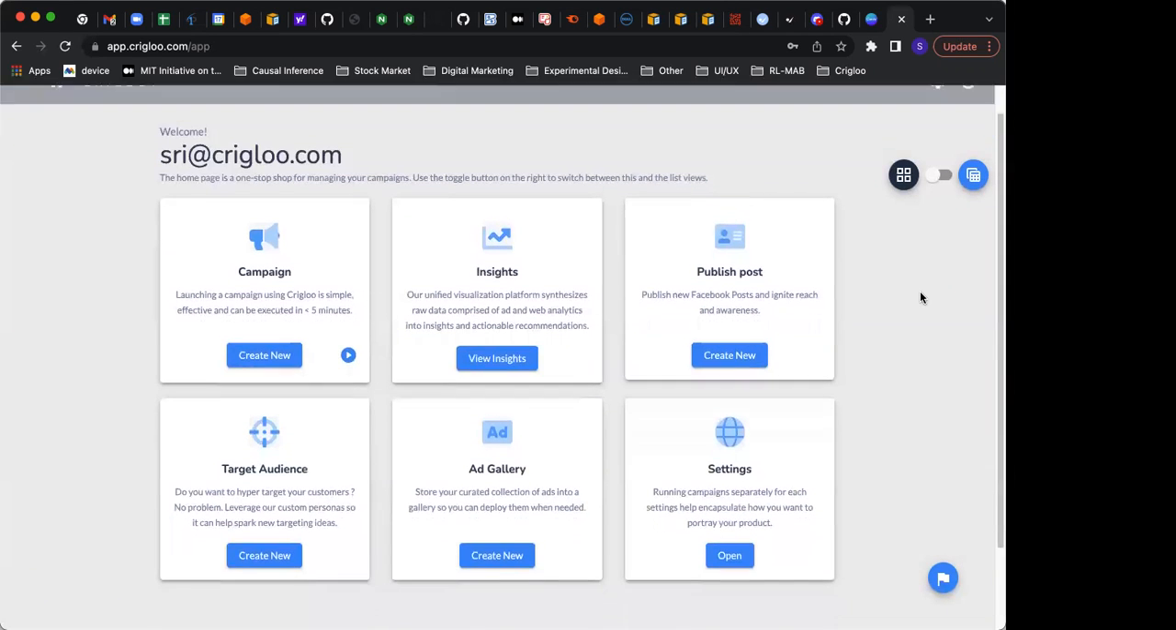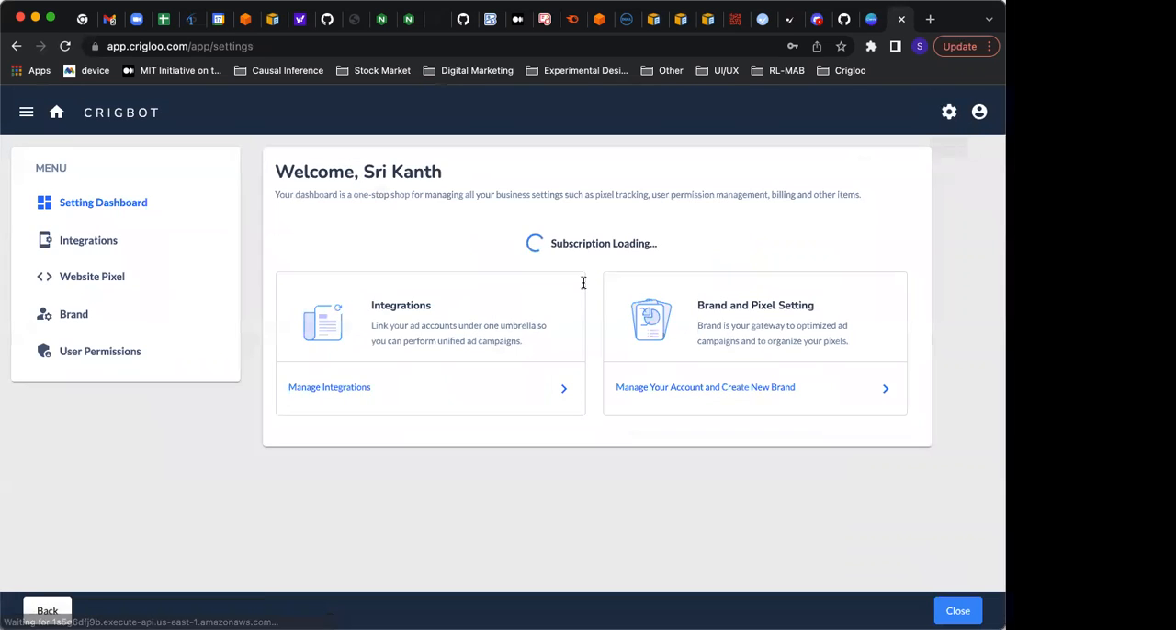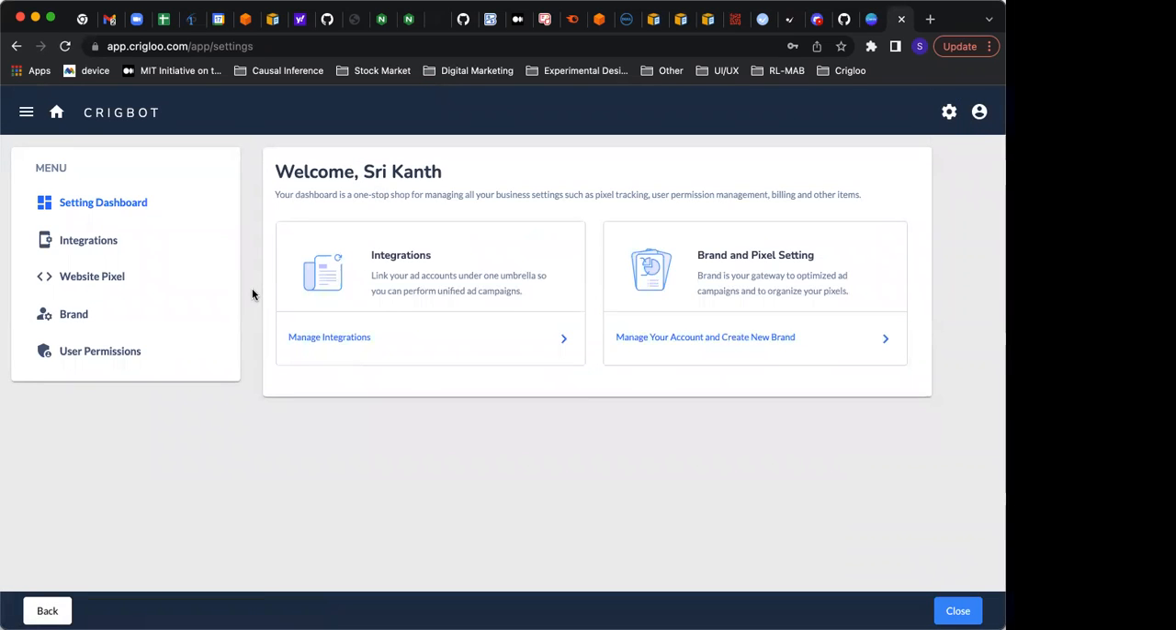Okay. Yeah, go ahead. Yeah, so we're going to talk about how to set up the Google Tag Manager and events for a specific website. So the first thing is to get into settings. We can get in two different ways. One is using this open button here, or I can click on the gear, and then this takes us to the